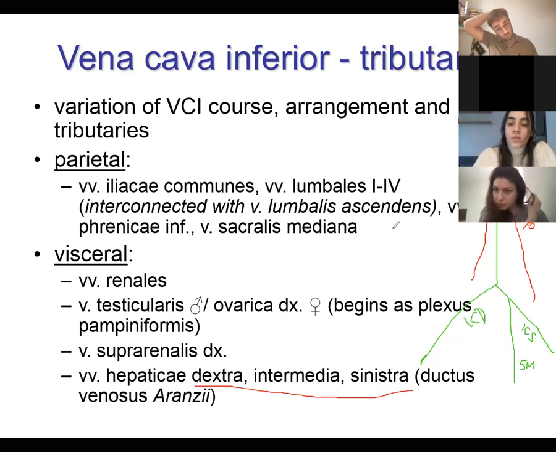So, I said that the development is very, very complicated. So what can happen is the left-sided inferior vena cava, usually in the infrarenal segment, yeah? But it can be even doubled. And this is important to know. Another variation is that